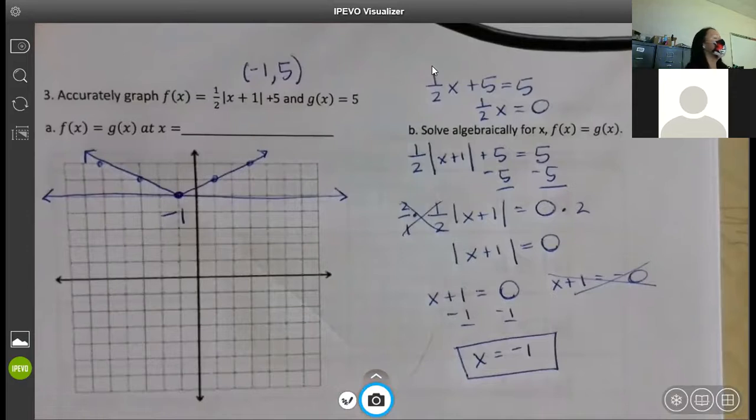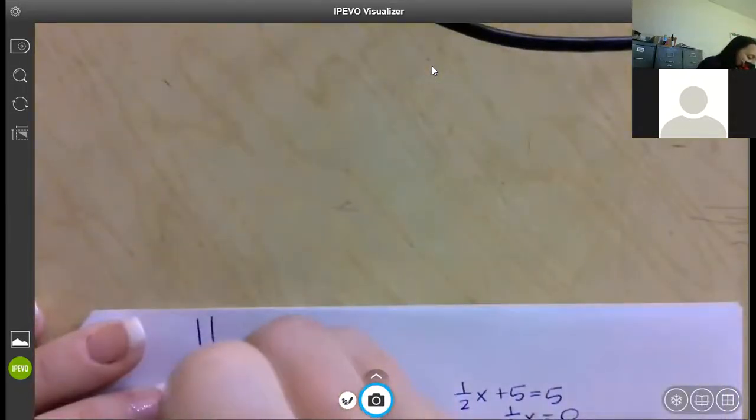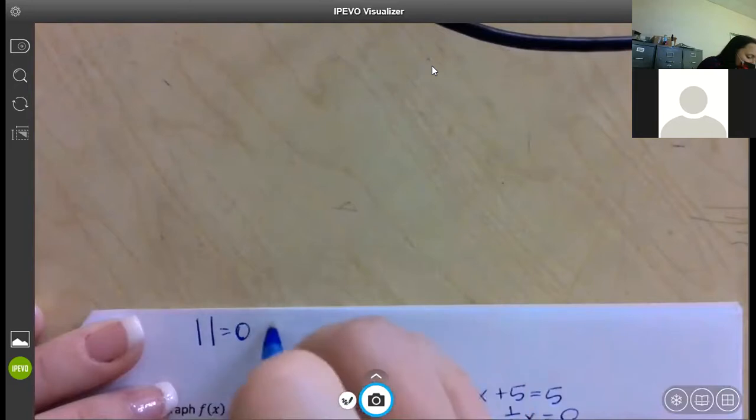All right, so there's your 3 options. You can either have 2 solutions, you can have no solutions, or you can have 1. That's it, okay? So 2, 1, or none, you always need to check. The only way you're going to get one solution is if it's equal to 0. So here's your rules. If absolute value is equal to 0,